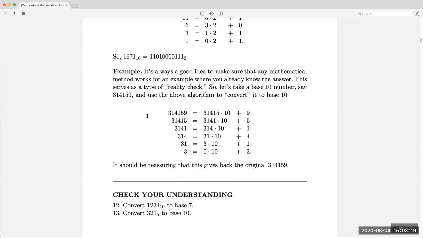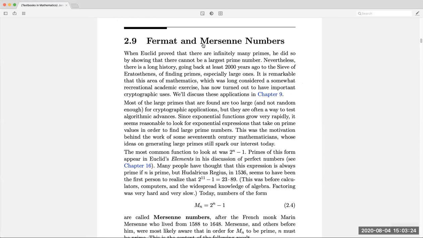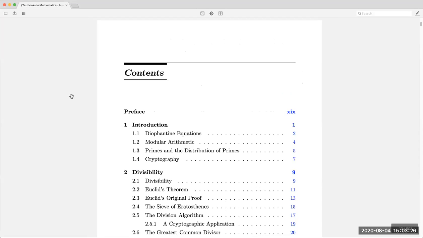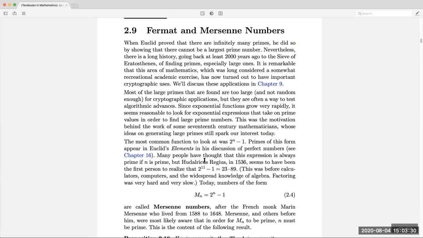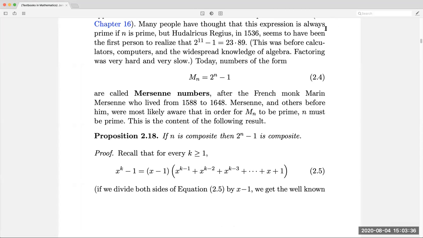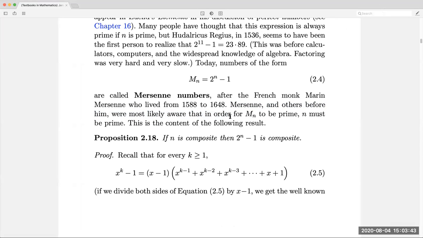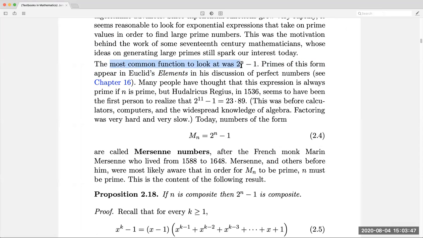It doesn't tell you anything, okay? So let's go on to Fermat and this number. The most common function looks like this one, okay? The prime of this form appears in